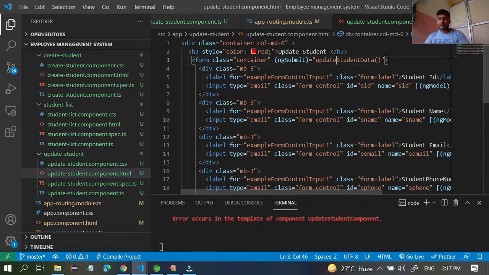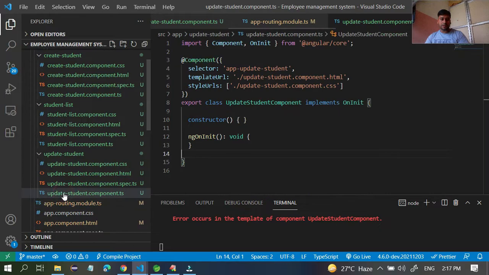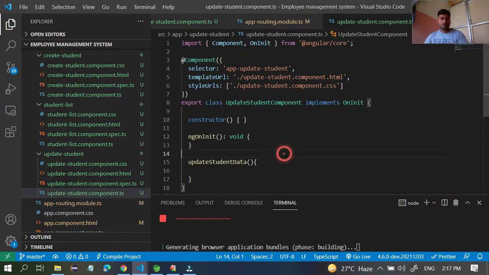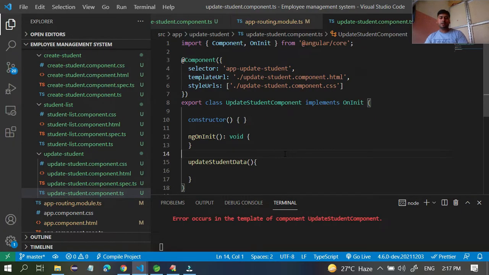Update student data, and this method must be created in your update.student.component file. Make sure. Then only you can fetch the data and you can see the data. Okay, done. So you have created one update student data.